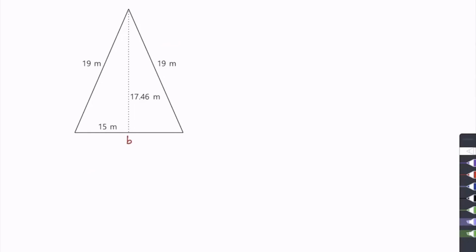Let's look at one more. In this case, our base is 15 and our height is 17.46 meters. Area is a half times base times height, which is a half times 15 times 17.46. So if I work that out, I get